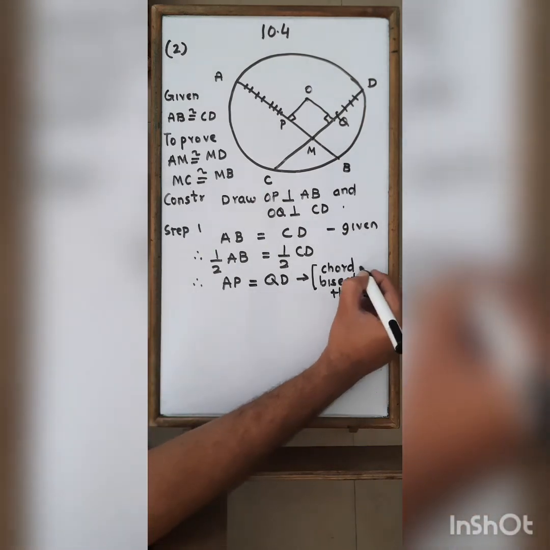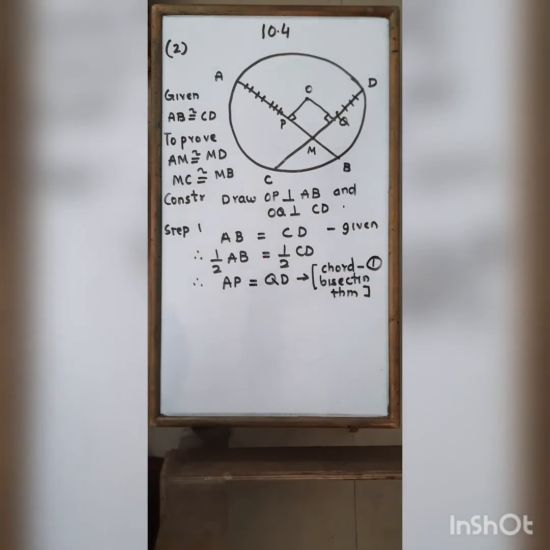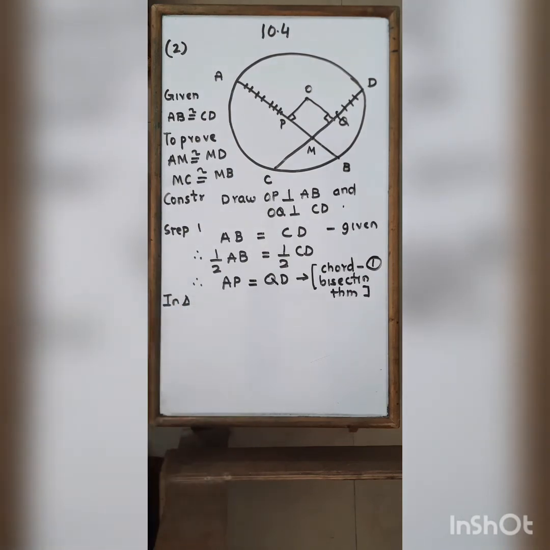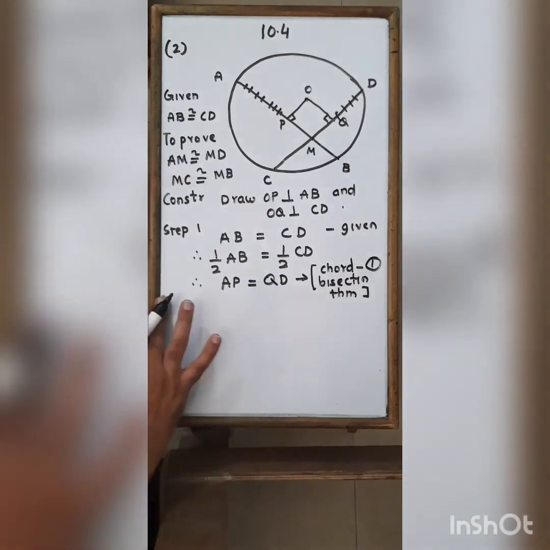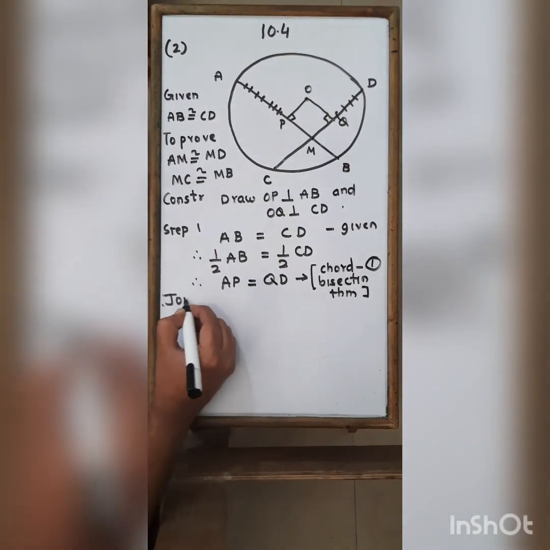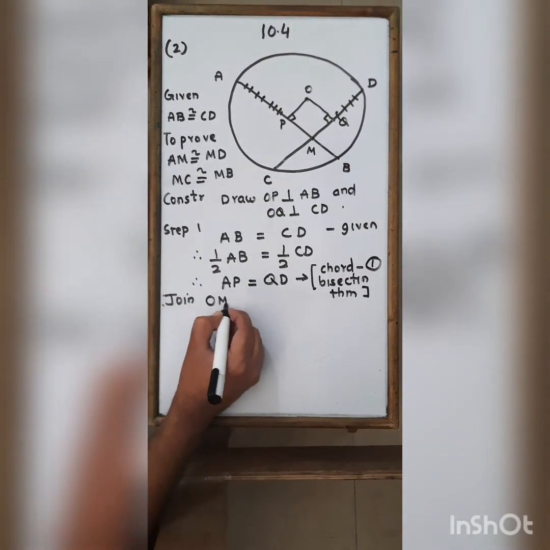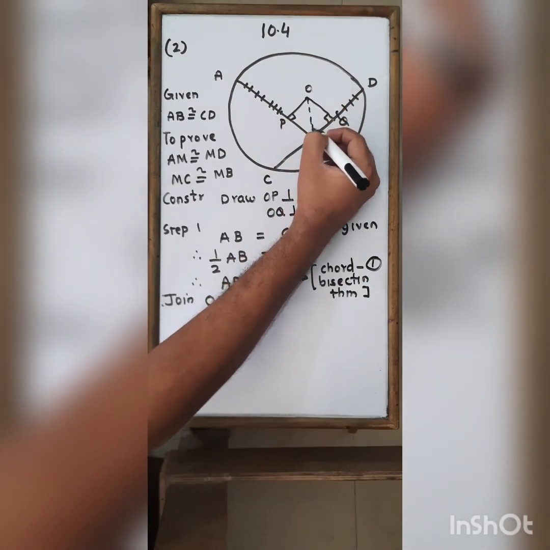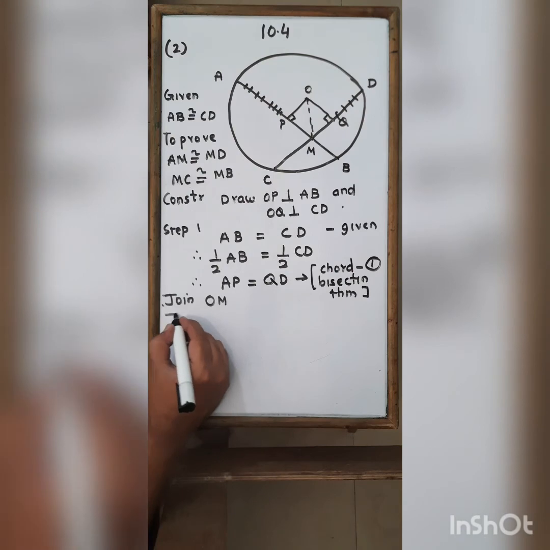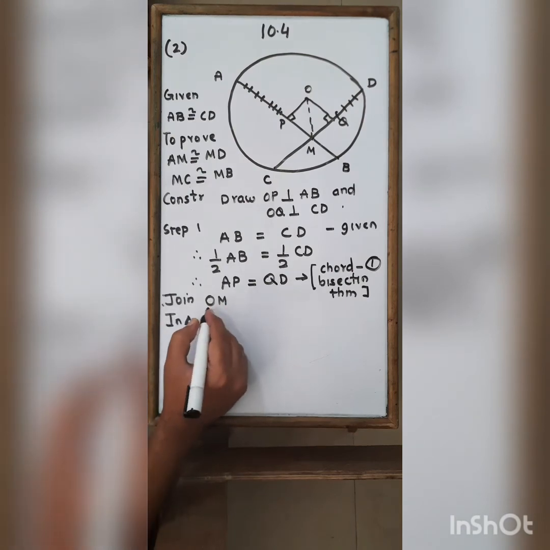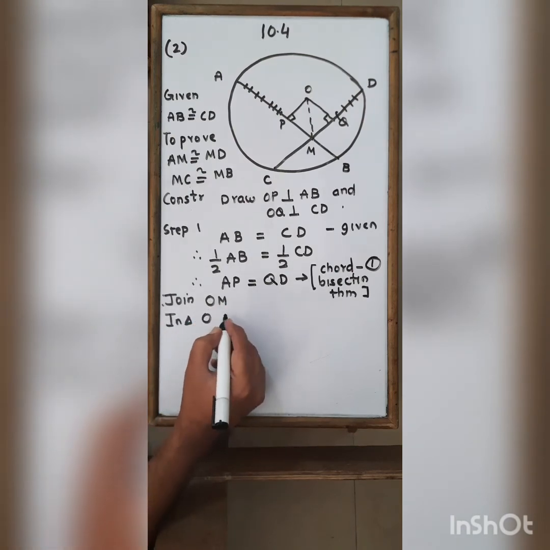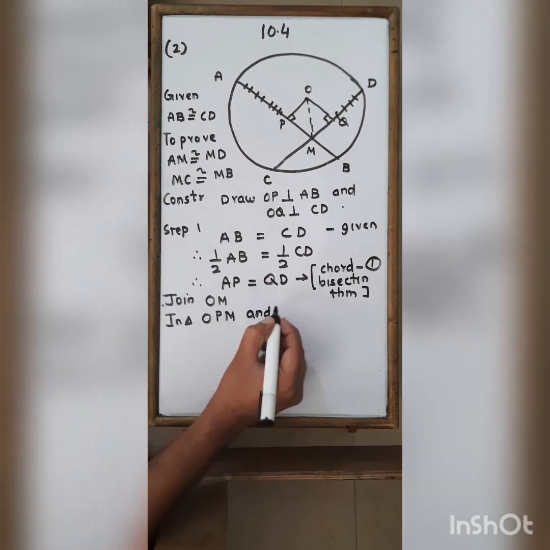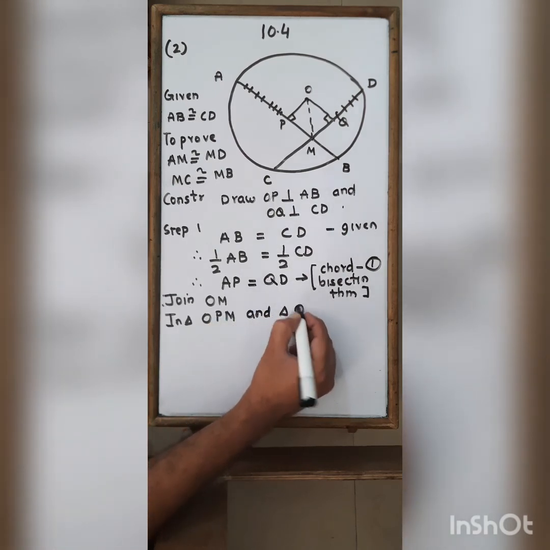So write this as equation 1. Easy. Now join OM. So I will join OM. Okay, so now in triangle OPM and triangle OQM,